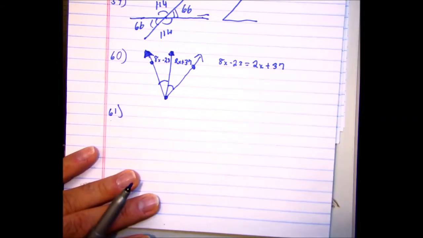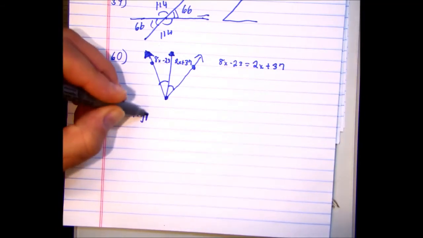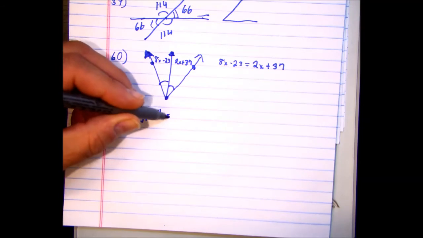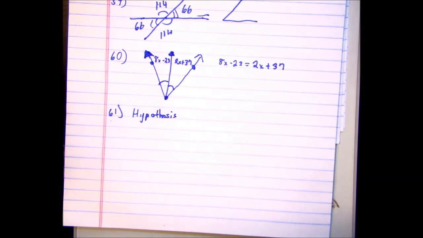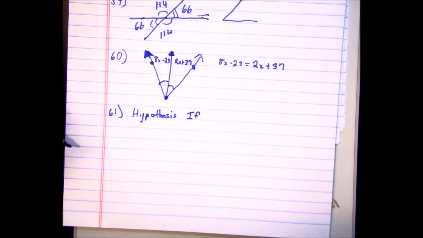All right, 61. 61 states, identify the hypothesis and the conclusion. Hopefully everybody understands the hypothesis comes after the word if. Yes, you are correct. It comes after the word if. And the conclusion comes after the word